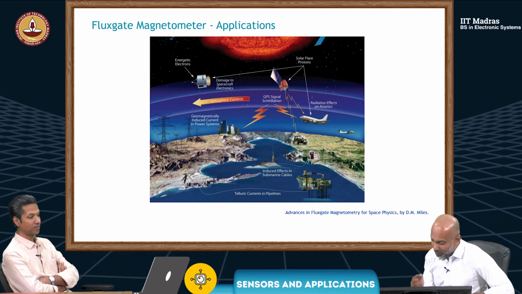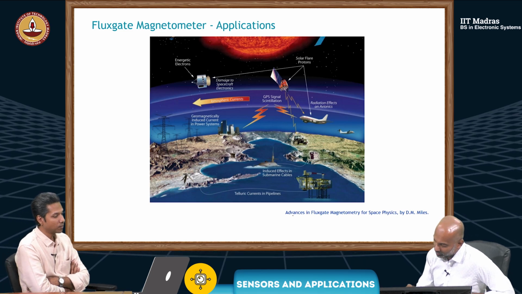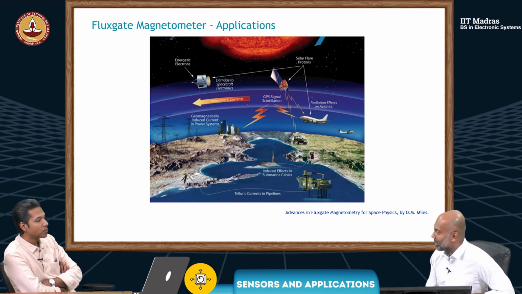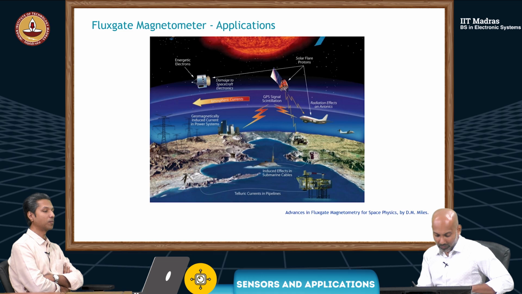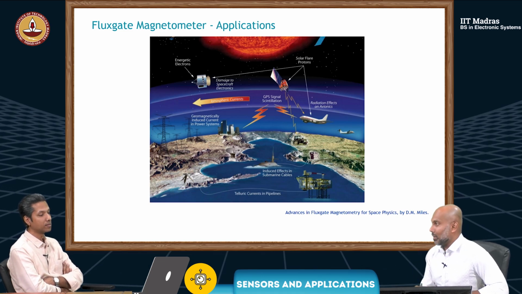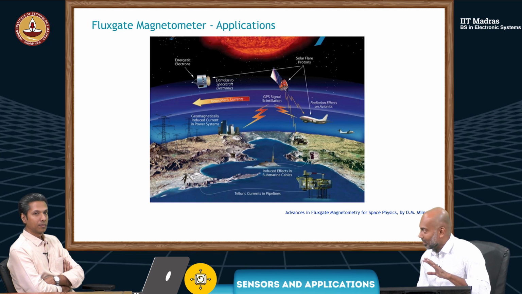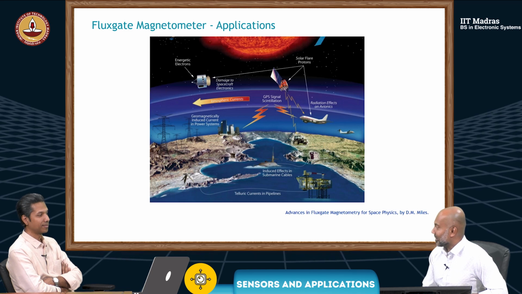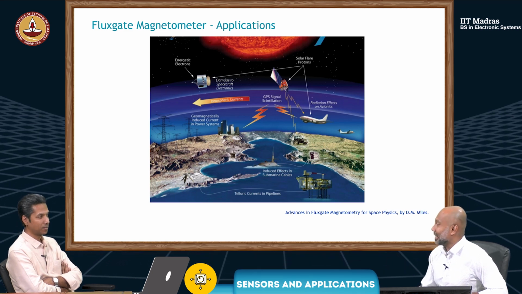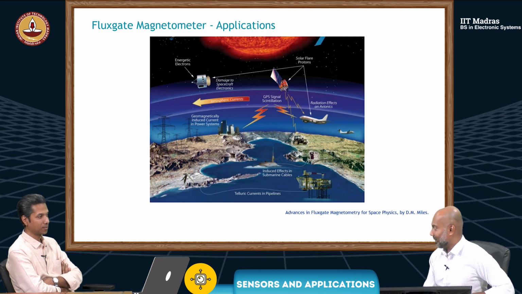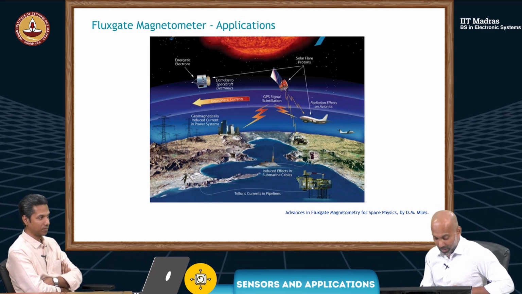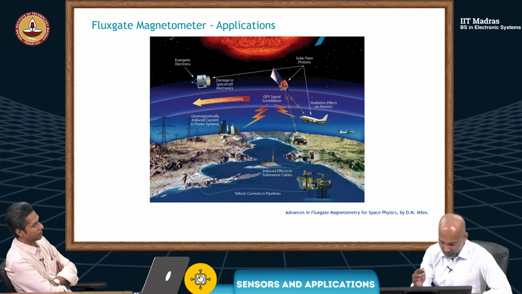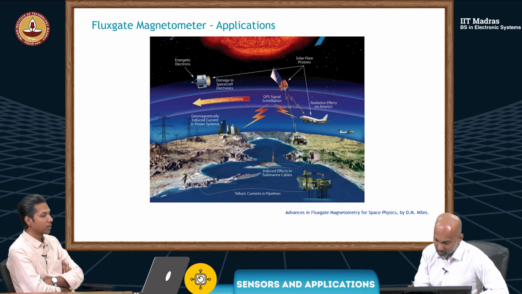So here's a nice picture. This was from an article by D.M. Miles, but this picture is actually a NASA picture. After going through this, you probably think, oh, we are actually very lucky that we have sensors and so many instruments to get an indication of our Earth. So here, if you look at this picture, you see some